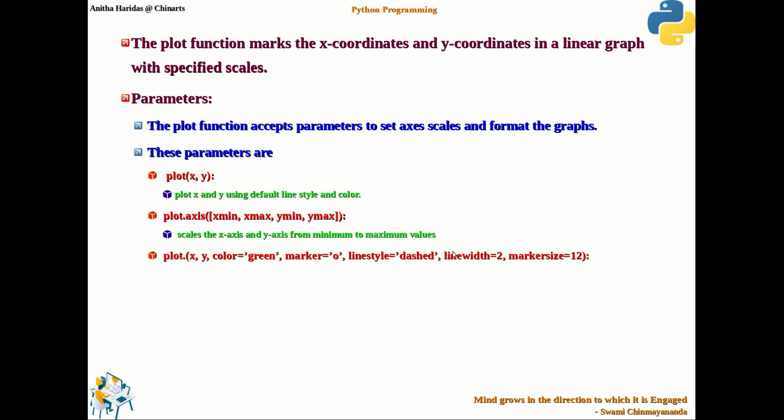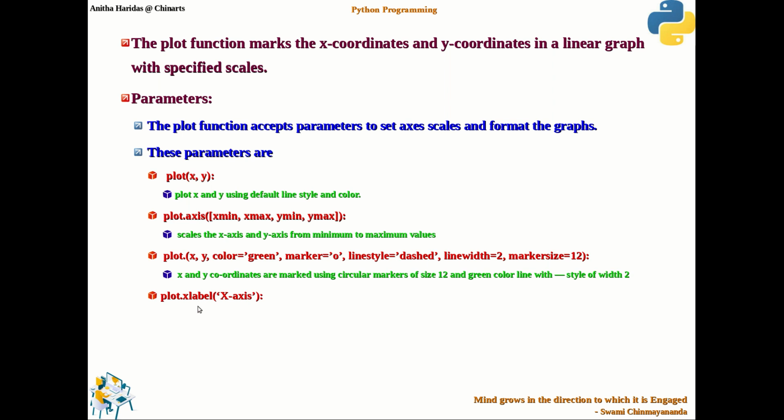So whether you want to have single pixel or you want to increase the width of that particular line can also be given. And the marker size can be given. By default it is going to be 12, and if you want to increase the marker size, that can also be done, right? So these are other parameters that can be used along with the plot function.